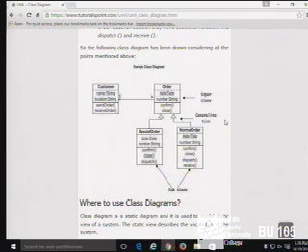Each rectangle represents a class. And I'll draw some of what we had done on the board before, because we went over parts of this class diagram before.